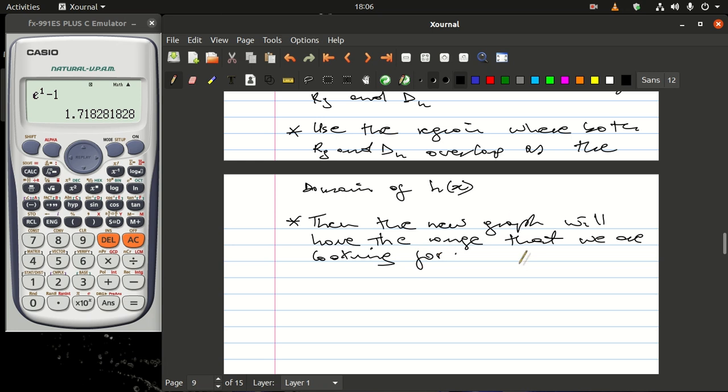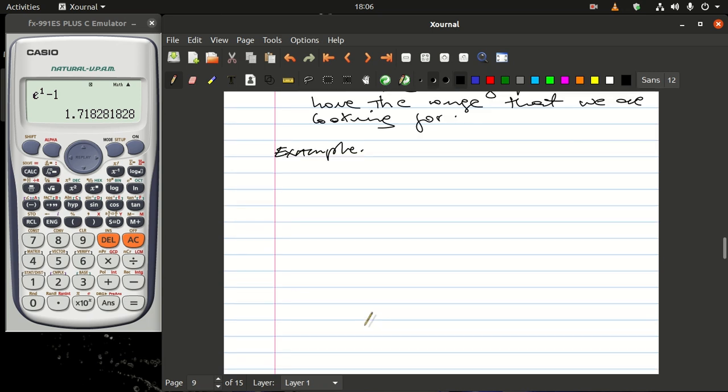It will have the desired range. Let's take an example here. We're just going to take two examples and then we can close, because this one is not one of the hardest things there is. Suppose the question is saying that find the range of